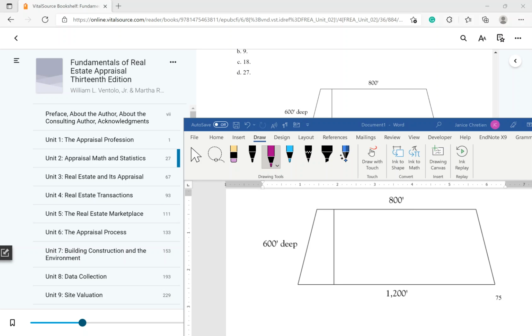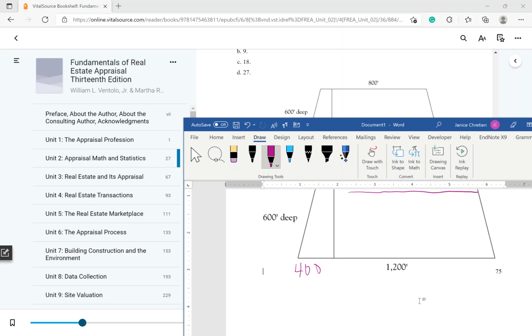This is a triangle. We're going to treat that as a triangle. And if this is 800 and this is 1200, then this width over here is going to be 1200 minus 800. So it's going to be 400. And remember that a triangle